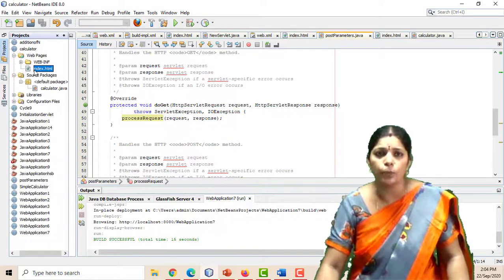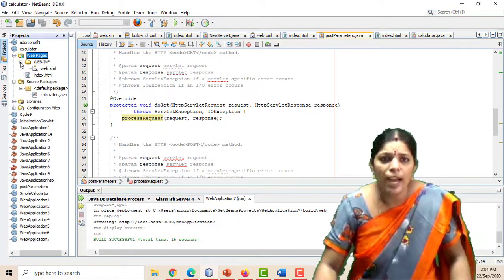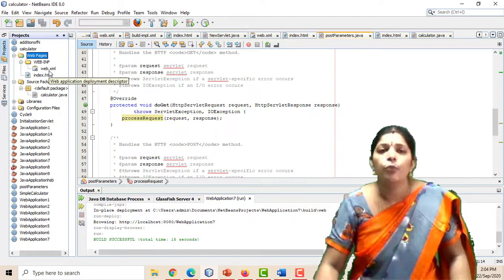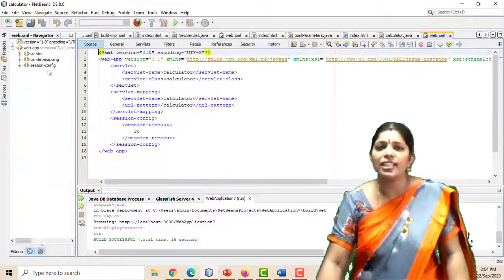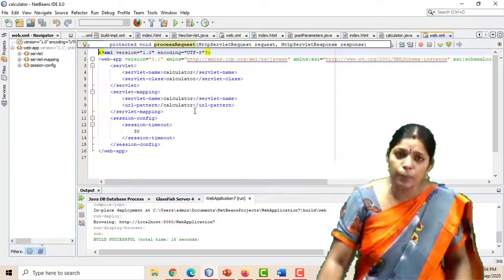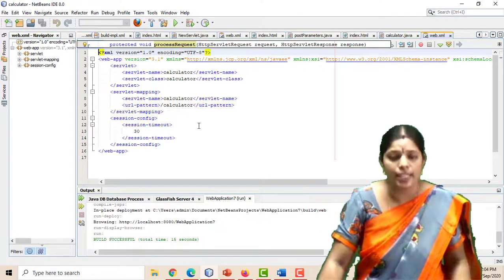By clicking on the projects we have to click on the web pages. In the web pages, we have one WEB-INF. By clicking on the WEB-INF, we have the web.xml file. Let's click on the web.xml file. For every servlet program, we have one deployment descriptor, that is the web.xml file.